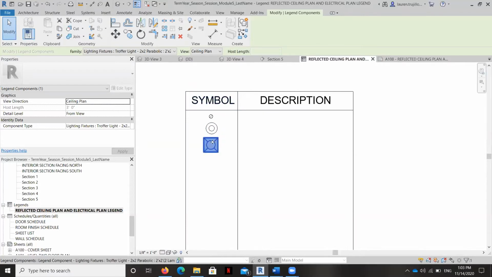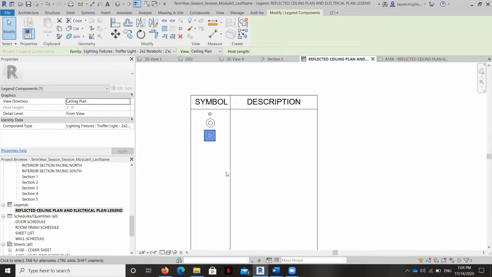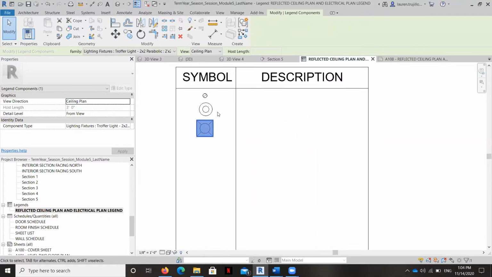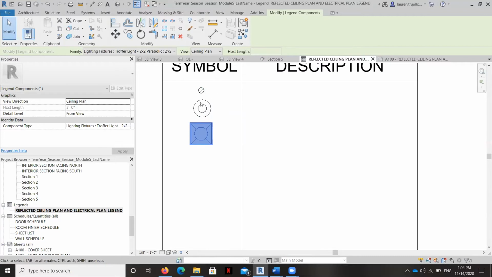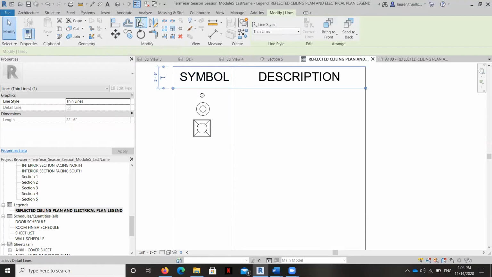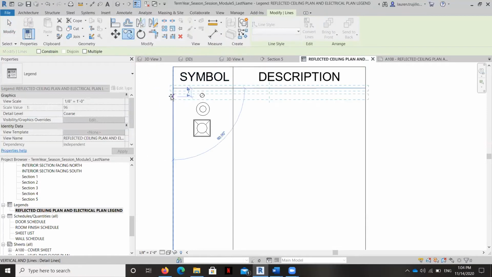But what I do with my legend is I group all the lighting together, all of the mechanical equipment, fire suppression, electrical, everything kind of together so that I make sure that I don't miss anything. But once you've got a couple of symbols on there, then what you can do is create an additional text box and cell for this information. So I'm going to start by copying this line a couple of times, and I'm just going to show you how to do a couple of these, and then the rest you'll be able to do on your own.